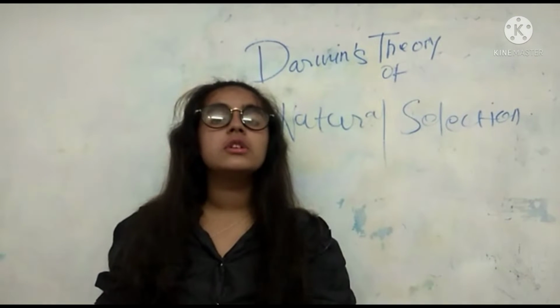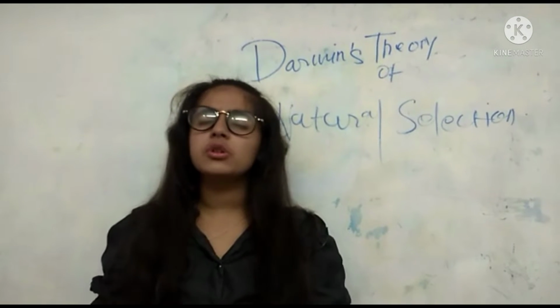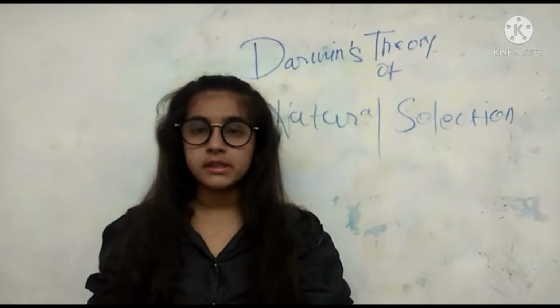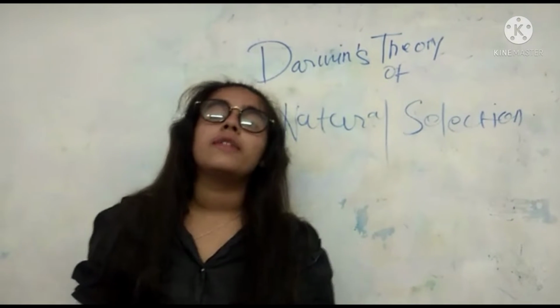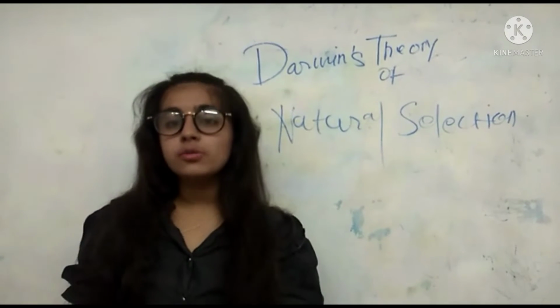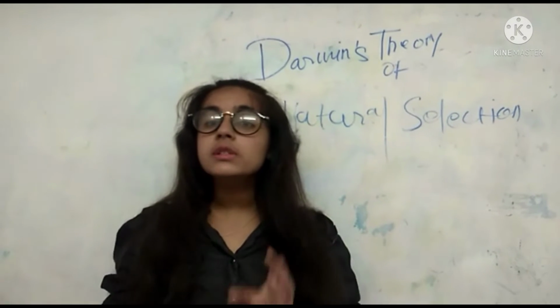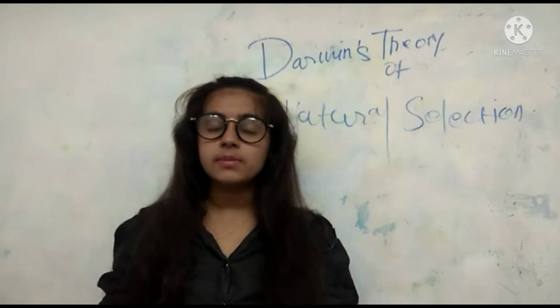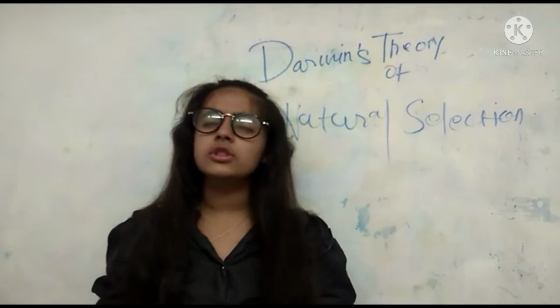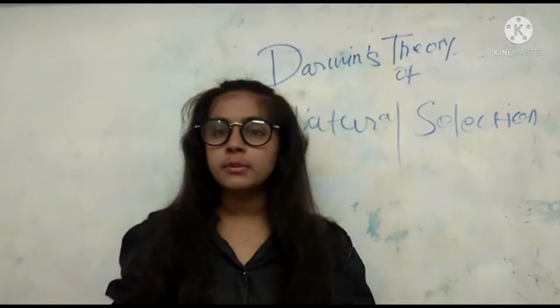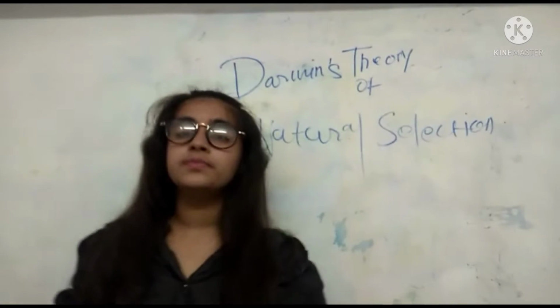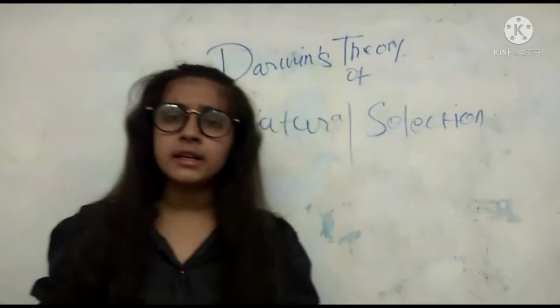This theory of natural selection can also be called survival of the fittest. And he also published the book titled Origin of Species. You all can search it on Google and get more information about it. And while explaining the concept,